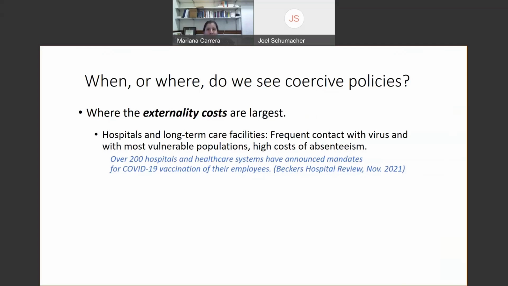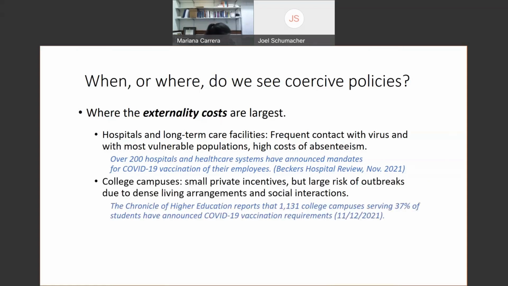And this is also where employees are likely to come in frequent contact with the virus. It's also the case that hospitals are so important during an epidemic that if a doctor or a nurse gets infected and has to stay home and quarantine, that's very costly on the rest of the system. So for all of these reasons, it makes sense for mandates, strong policies to be implemented in these settings. And in fact, as of the present, about 200 hospitals and healthcare systems have announced mandates for COVID vaccination of their employees. Another place where we've seen mandates appearing, and where they appeared pretty early in the spring, is college